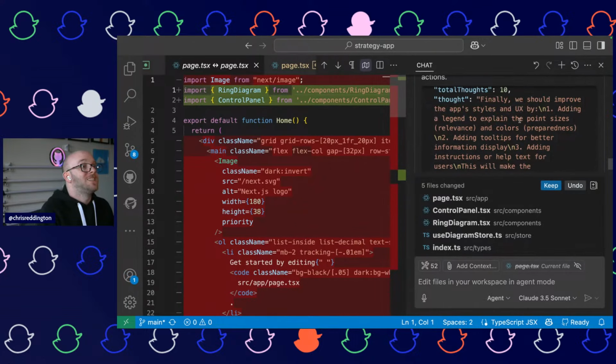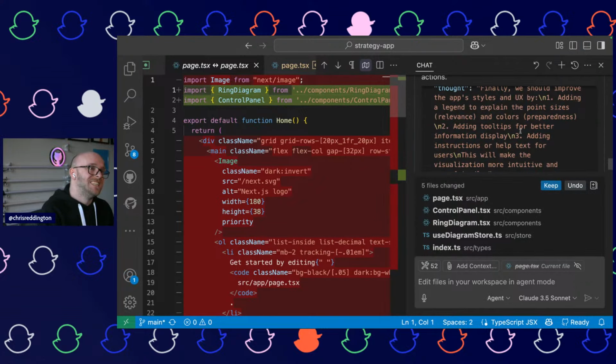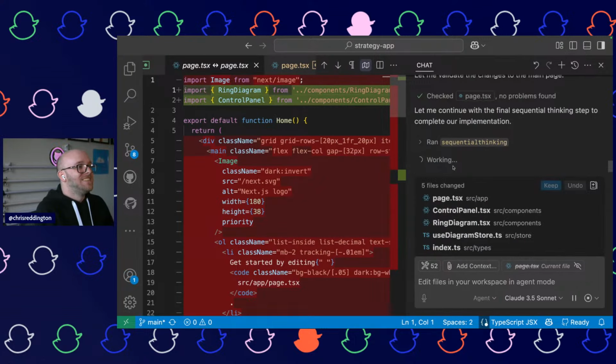Finally, we should improve the app style and UX. Okay. Adding a legend. Oh, nice. I like that. Where will it add the legend, actually?